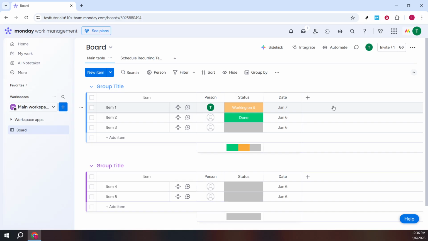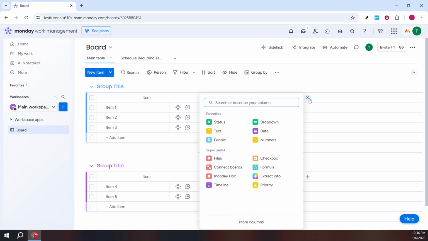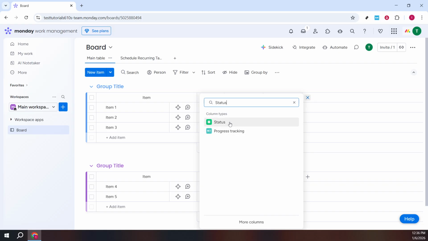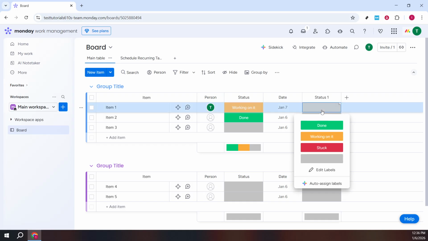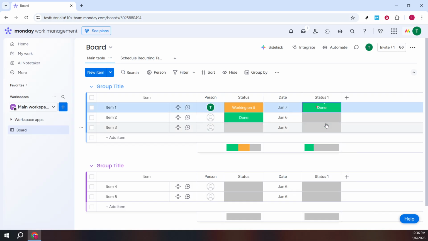On your board, look to the far right of your columns and click the plus sign to add a new column. In the search field, type status. Select the status column from the results to add it to your board. Now, click any cell in the status column for a specific row to use it. You'll see a list of labels you can apply, such as done, working on it, or stuck, depending on your